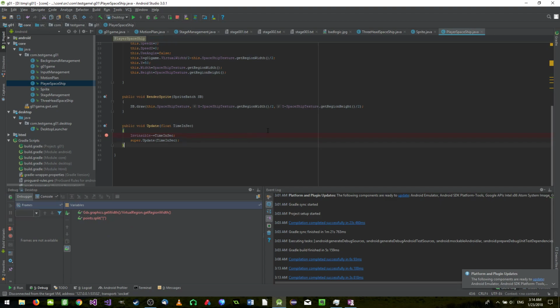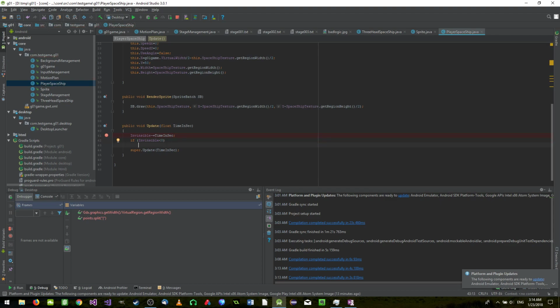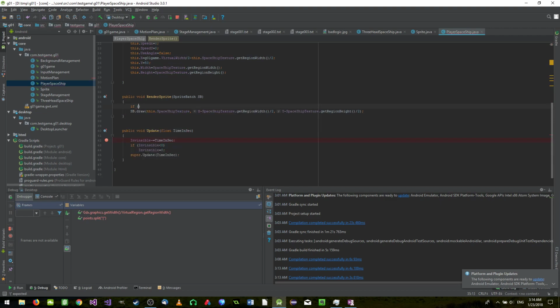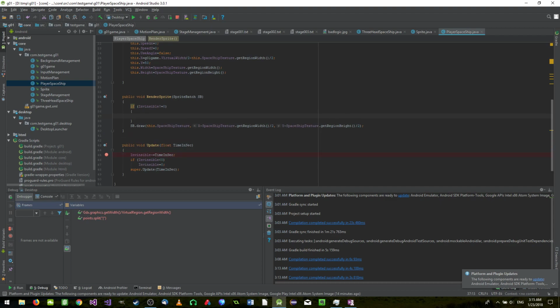Okay, so what happens next? Now we just check if invincible is smaller than 0. In that case, I would say invincible equals 0. That's it, so that it does not go below that. Now I will also add something very simple here. If invincible doesn't equal 0, meaning that your spaceship is now in invincible mode, I would say